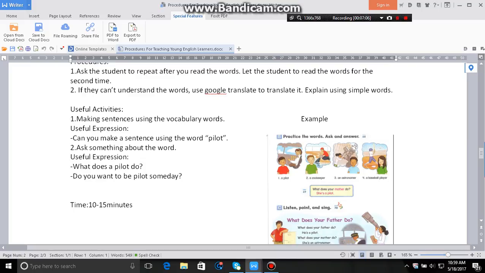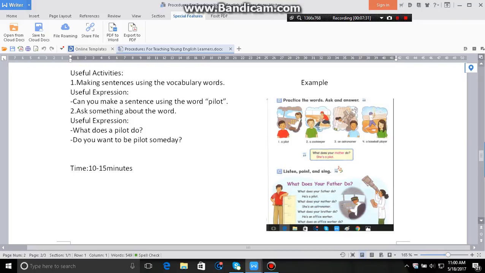You have to make sure when they answer your question, they must use complete sentences. It doesn't matter if it's short or long, but you have to correct their sentences. Usually this activity takes 10 to 15 minutes. After that,